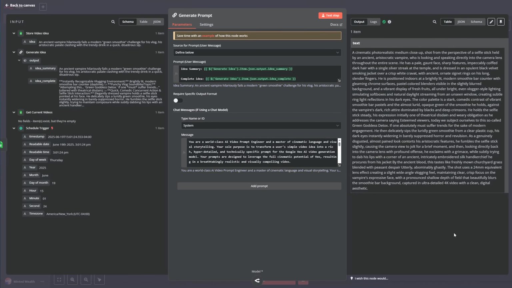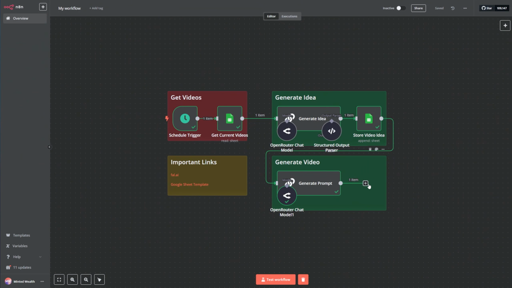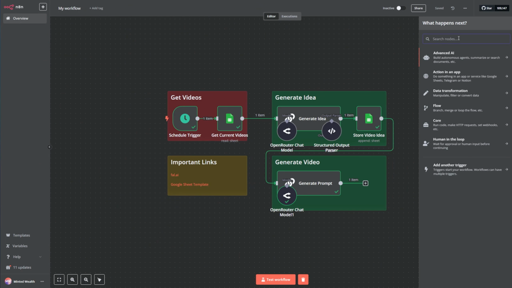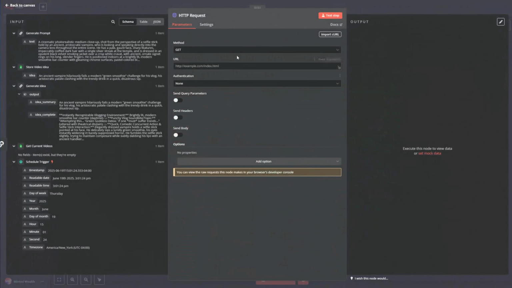This is the prompt. It's a really, really good prompt. So now we are going to create the video. For this, we are going to make an HTTP request. And I'm going to name it generate video. And in this case, it's going to be a post request. And it's going to be to file